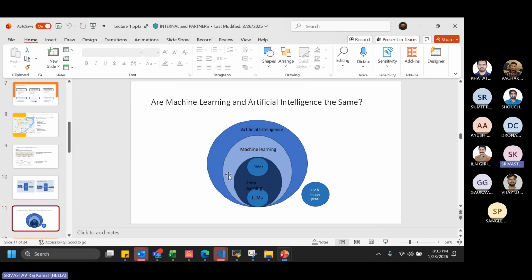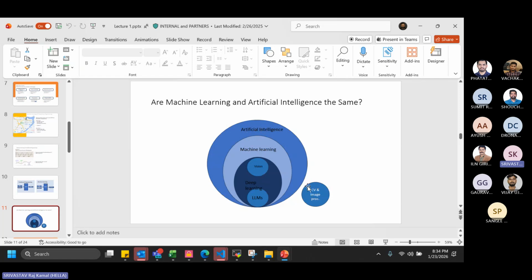And within machine learning, there is something known as deep learning, which is the neural network you have heard of. Inside that, if we solve problems on images and videos, that is a vision-based, computer vision problem. If it is in terms of ChatGPT, GPTs, those are large language models, part of deep learning. So deep learning is a small subset of machine learning. Artificial intelligence is the ideology of solving that thing.